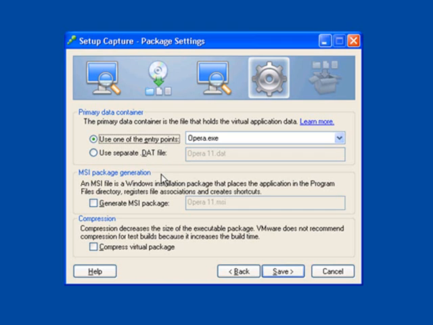The MSI package generation allows you to define whether or not an MSI package is going to be generated. MSI packages are useful in several different instances. If you want to deploy the ThinApp package directly to your Windows stations using traditional software distribution methods, your deployment tool can use the MSI package, which is really just a wrapper around the ThinApp package itself, and the ThinReg